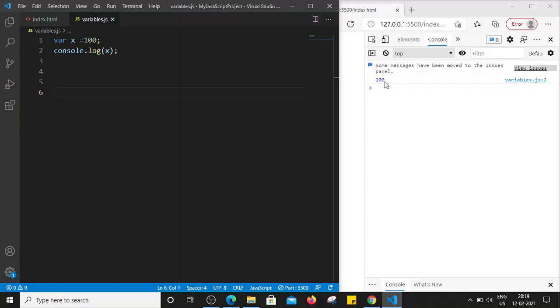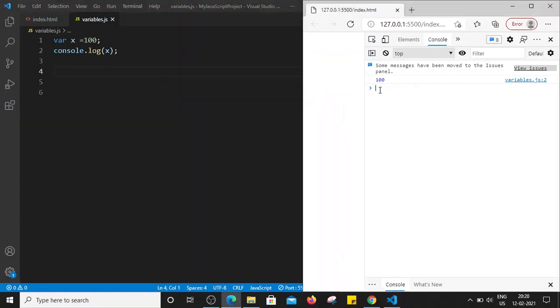So it becomes the property of the window object. What is the window object basically? All global objects in JavaScript, global functions, automatically become members of the window object. It's supported by all browsers, and the window object represents the browser window. Even the document object, which is the default JavaScript object, is also a property of the window object. Right. So if you want to see, this variable becomes the property of the window object.